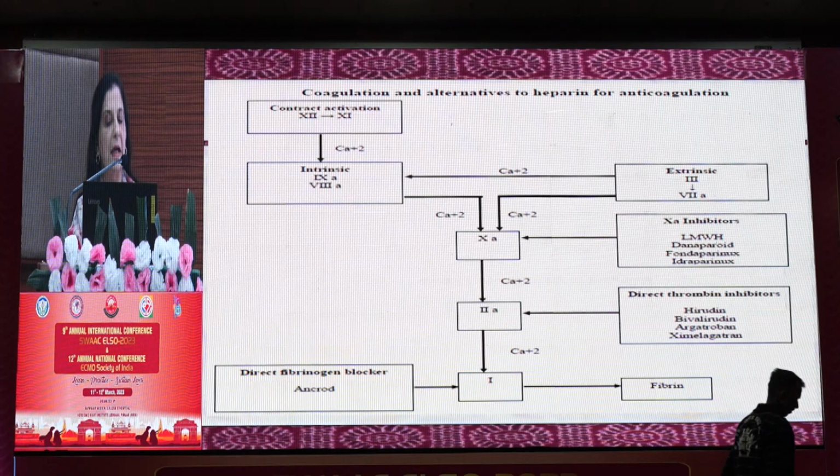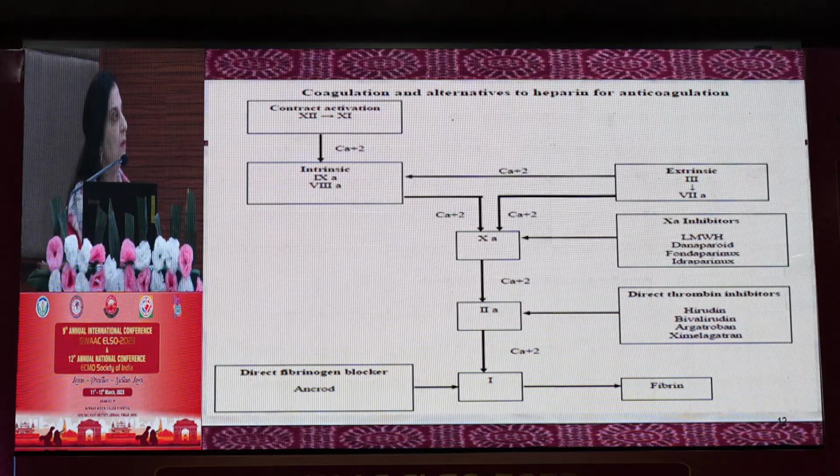In my previous slide, we have alternatives to factor 10A, which is the common pathway from the extrinsic and the intrinsic pathway. We have the factor 10A pathway drugs, which are low molecular weight heparin, danaparoid, fondaparinux, and idraparinux. These are the heparin alternatives. The other is the fibrinolytic pathway, where you have a direct fibrinogen blocker, Ancrod, which is very nicely